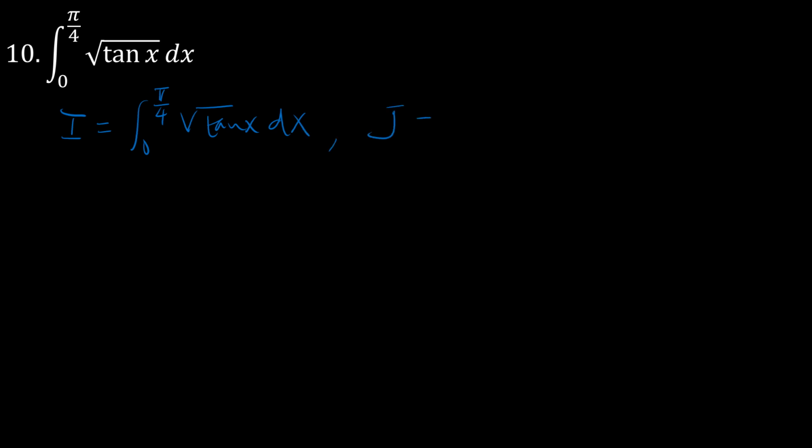Notation J for the integral from x equals 0 to x equals pi over 4 of the root cotangent dx,